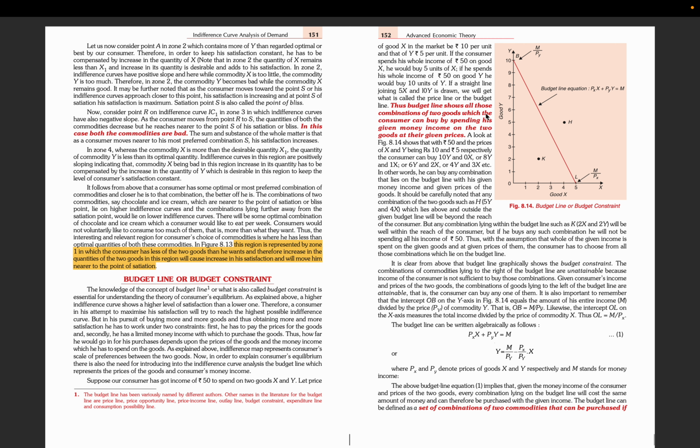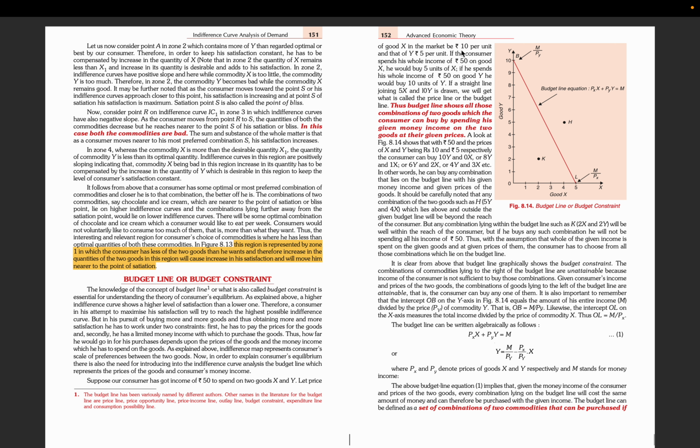If the straight line joining 5x plus 10y is drawn, we will get what is called the price line or the budget line. This budget line shows all those combinations of two goods which the consumer can buy by spending given income on the two goods at their given prices. A look at figure 8.14 shows that with 50 rupees and the prices of X and Y being 10 and 5 respectively, the consumer can buy 10Y and 0X, or 8Y and 1X, or 6Y and 2X, and 4Y and 3X. So basically just put various values in